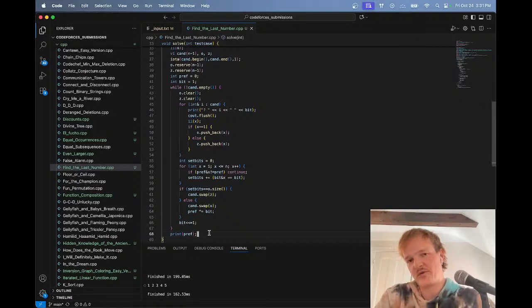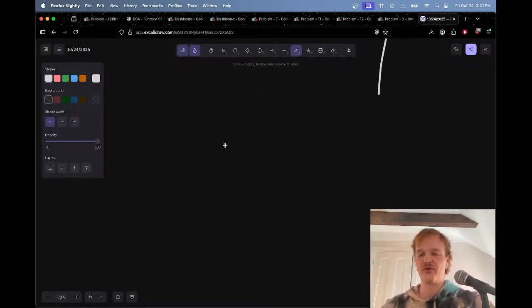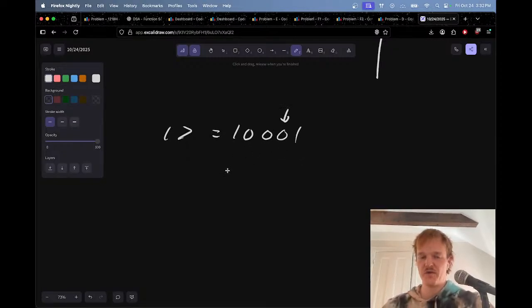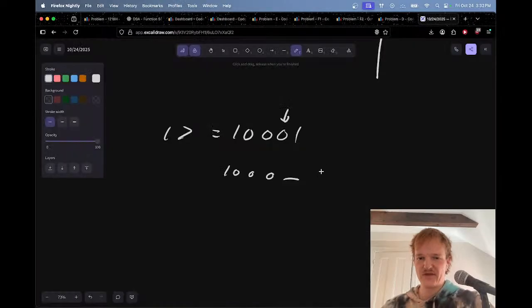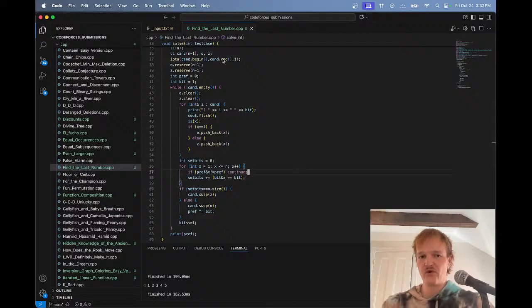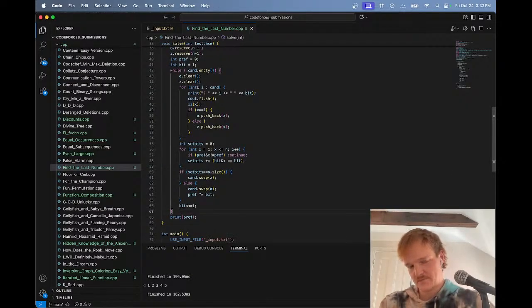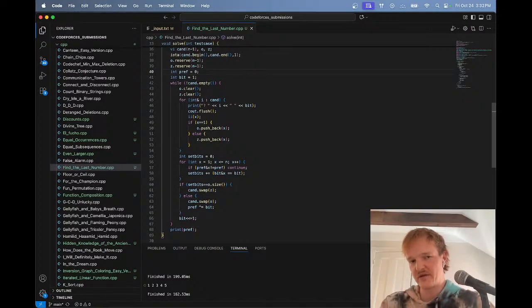I think I need to be more explicit with the prefix, because for example, if my number was like 17, then this is 1 0 0 0 1, and if I was like here, the prefix is just a bunch of zeros, and then there's something here. But that's going to mess up, because whether this is a 1 or a 0, it's going to be the same thing. So in the end, I would wind up with a 1 and a 17, but I don't really want to do that. So I need to be more explicit with my prefix. I think I'm just going to have prefix literally be